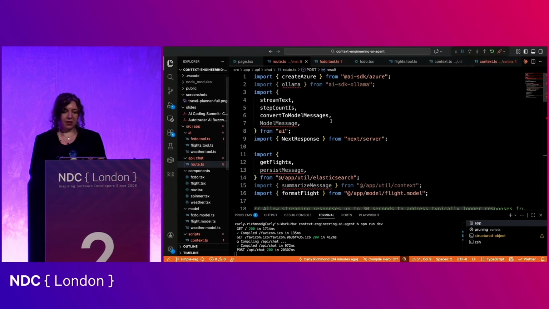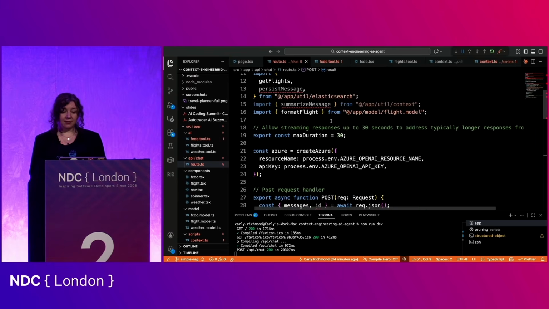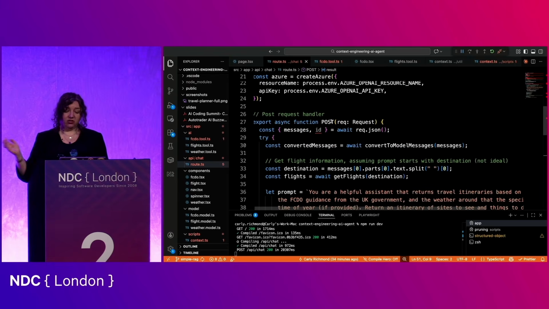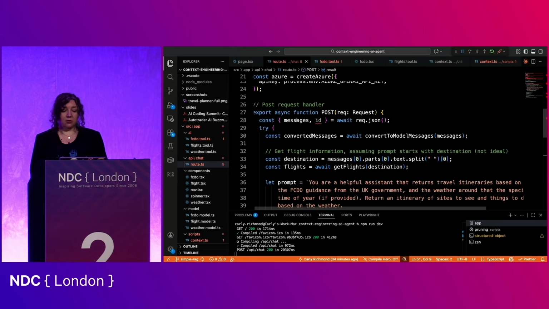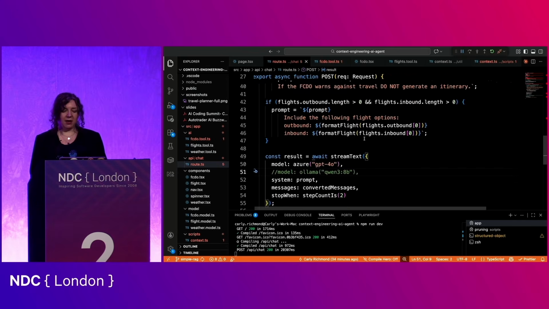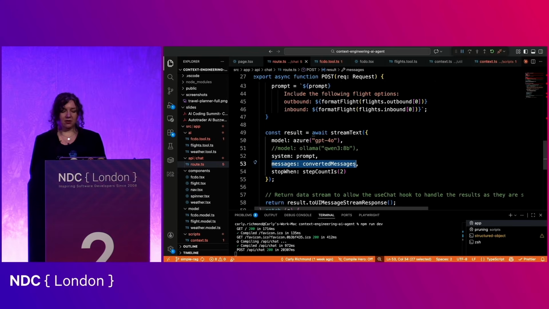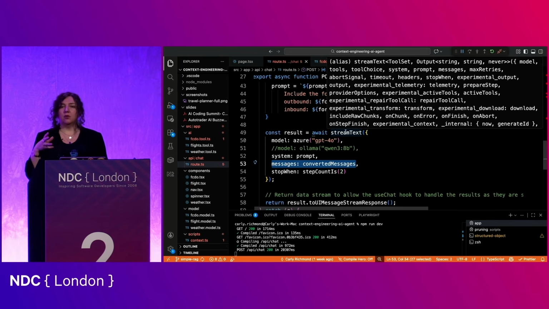And when we do send it through, it's going to hit this endpoint here, which is called /api/chat in this instance. And you'll see here that we're pulling back the respective messages from the JSON request. And then we will pass them in via the messages here, utilizing streamText. What you'll see with a lot of frameworks is you've got the option to generate text, object, whatever it is, or you've got the option to stream. Streaming, in my view, is better for the user responsiveness of these tools because it means that you're getting back the response in chunks and are able to show a gradual progression of what's going on.